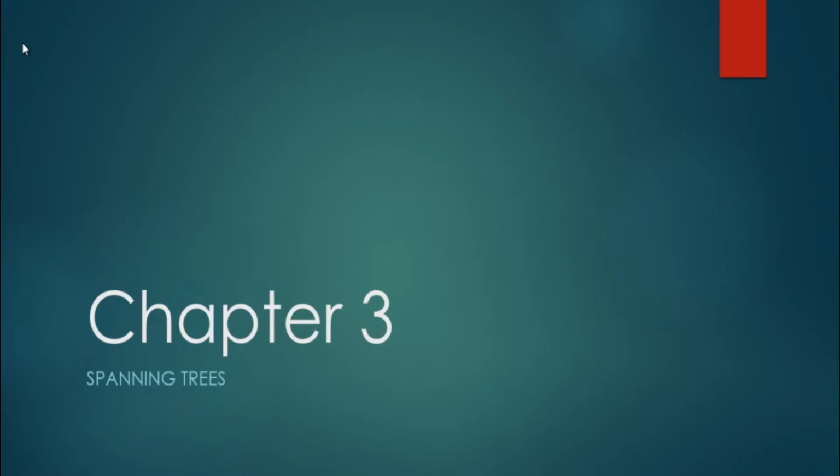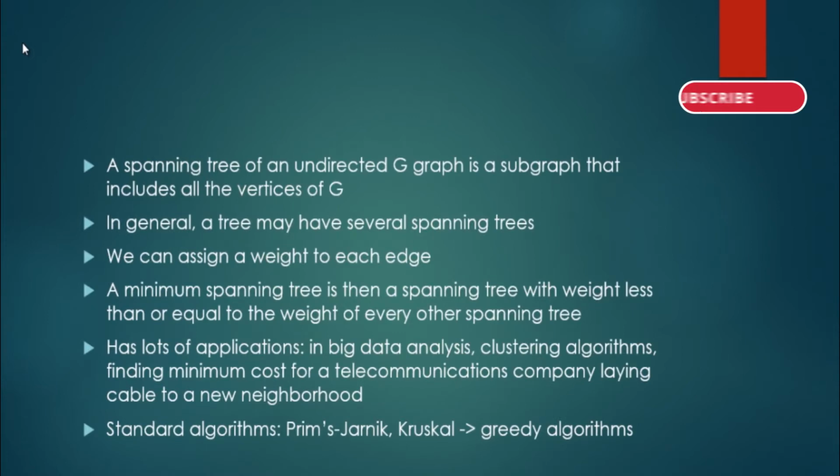Hi, in this video we are going to talk about spanning trees, so let's get started. What is a spanning tree? A spanning tree of an undirected graph G is a subgraph that includes all the vertices of G. In general, a graph may have several spanning trees, and we can assign a weight to each edge, of course. A minimum spanning tree is a spanning tree with weight less than or equal to the weight of every other